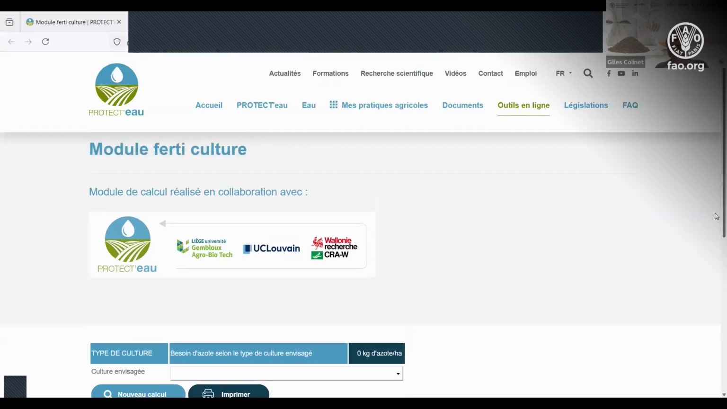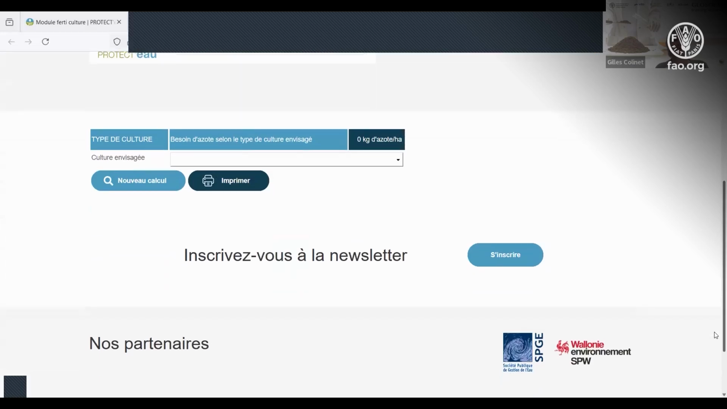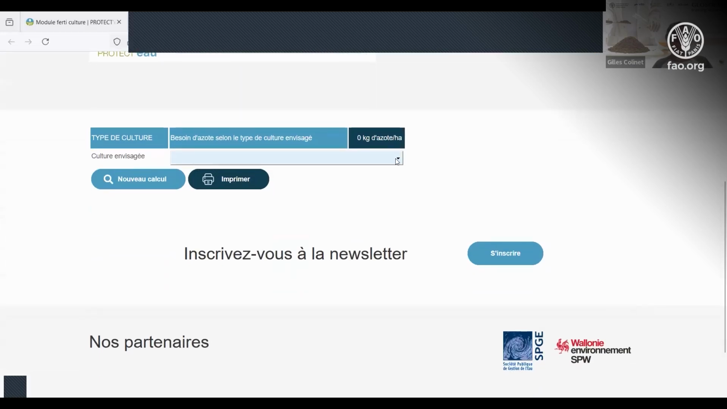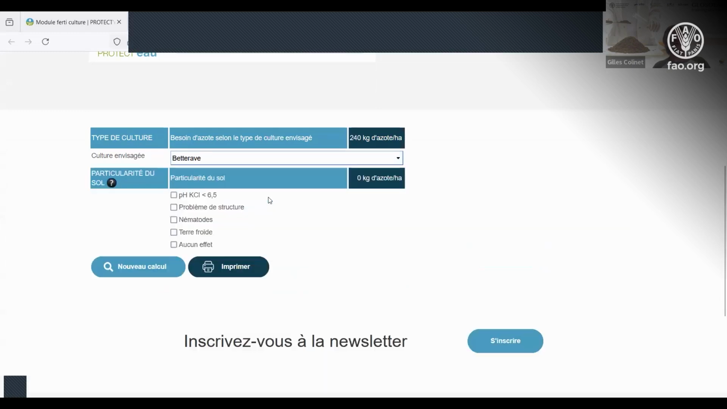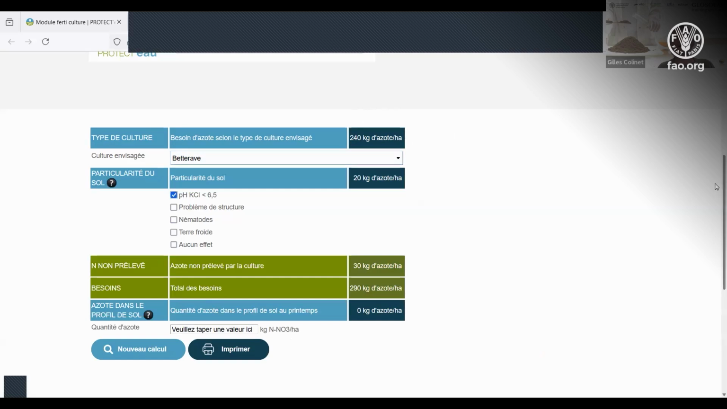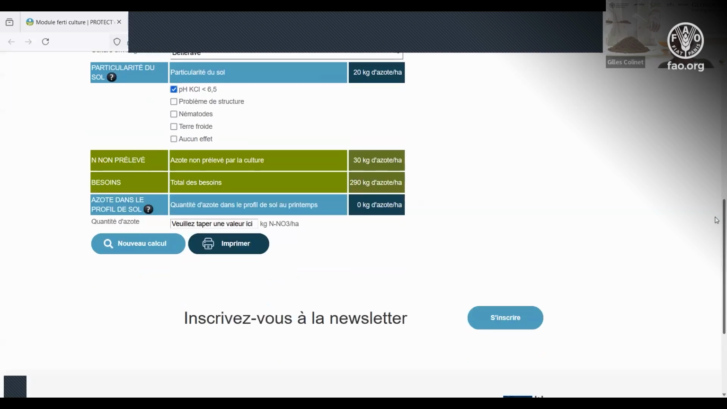This is the system here that was developed by an agency which protects the quality of the water. And you just say, okay, I want to grow a sugar beet. And so it calculates the needs. Sugar beet needs 240 kilo of nitrogen per hectare. And so you will say, okay, my pH is a little bit more acidic. And it will tell you that